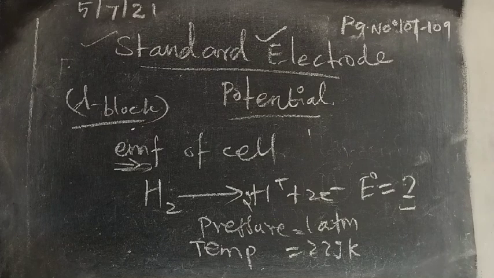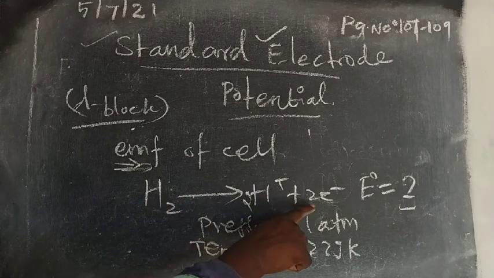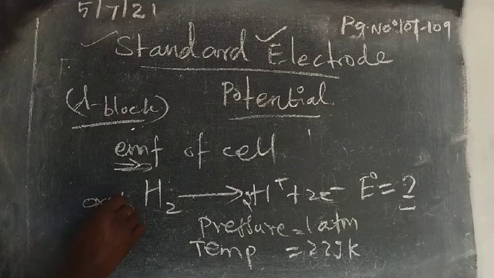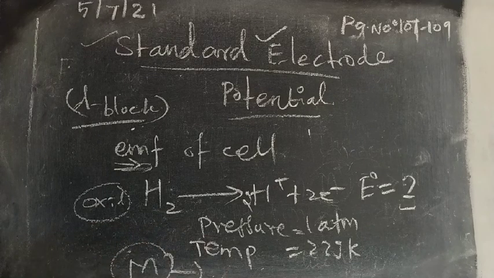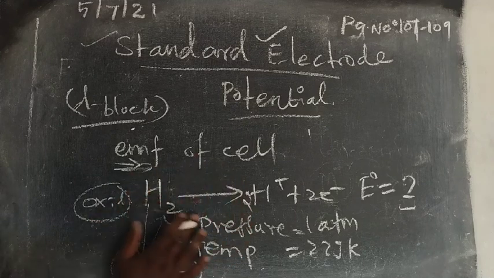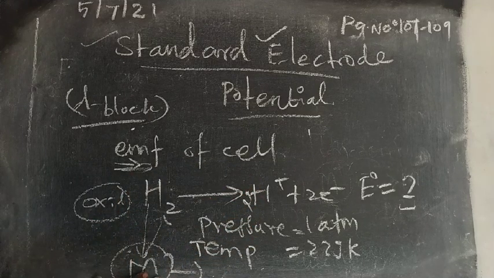Here you have to remember, what happens? Hydrogen donates electron, so it undergoes oxidation reaction. So we have to couple this electrode with any other metal. That metal X will undergo reduction. So this is a reducing agent for hydrogen, and hydrogen is acting as an oxidizing agent for the unknown metal X. Okay, right. So by comparing this half cell with another metal, we can predict the standard EMF of the unknown cell or unknown metal.